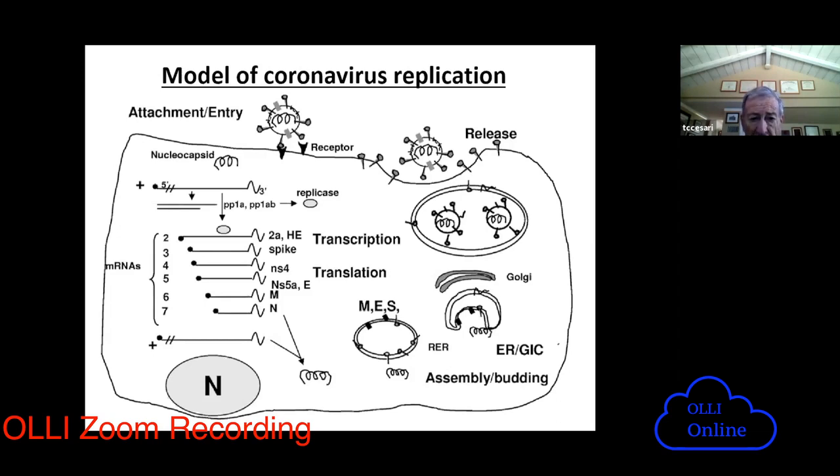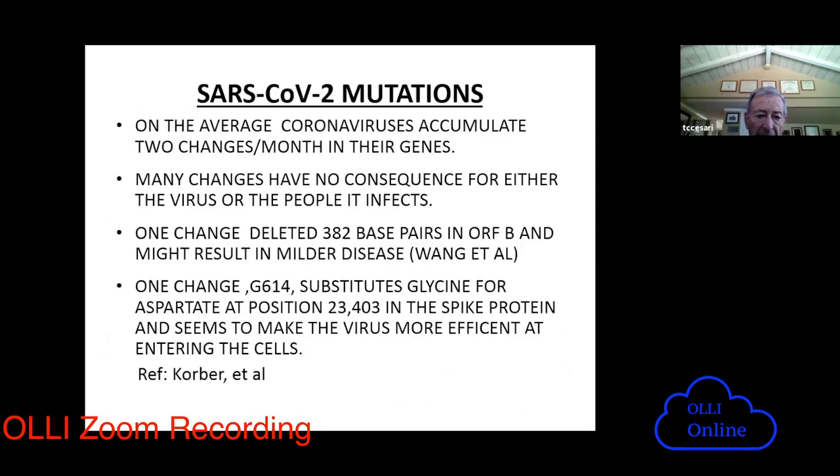Remember that in nature, viruses, unlike bacteria, cannot grow in artificial medium. They can only grow in cells. So the virus has to attach itself and begin the process of invading the cell, releasing its genetic material, copying its genetic material, using that as a blueprint to copy the various proteins we've talked about, and then incorporating all these into a new virus particle that's released into the environment to invade and infect the next cell.